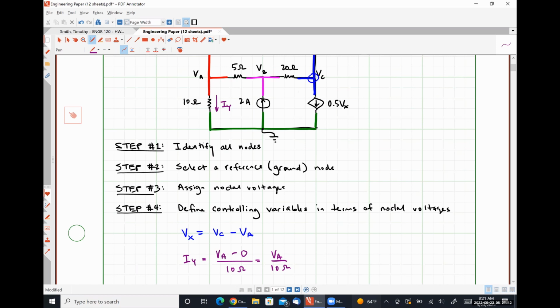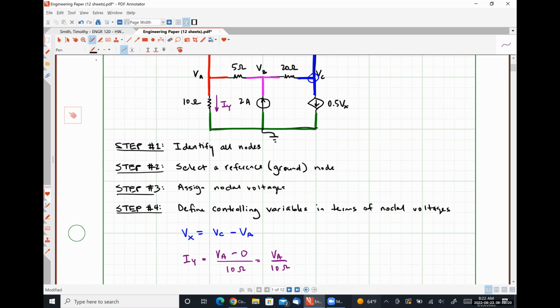And so when you get a controlling voltage, some of you by gut reflex are going to say that it's a difference of voltages divided by a resistance. And that is always going to be wrong, because a difference of voltages divided by resistance is current, okay? So when we're trying to define a voltage in terms of our nodal voltages, resistance should not show up in the equation at all. I'm just warning you about that now, because you're going to make that mistake. It's an easy mistake to make, okay? All right,